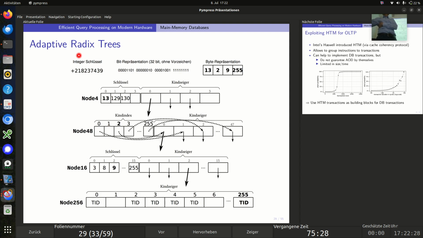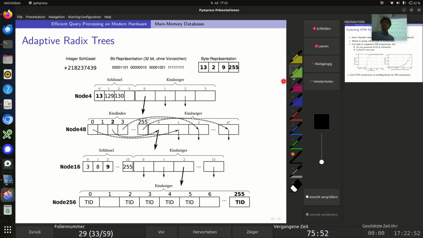Questions? Is that page missing from the... Yes. Okay, then another one. In this picture it looks like it's going from node 4 to the node 256, but shouldn't it be the other way around? I don't get your question. It's about this arrow. So this one, right? Or what's the problem? I thought because the byte representation starts at 13, because it goes from left to right, and I